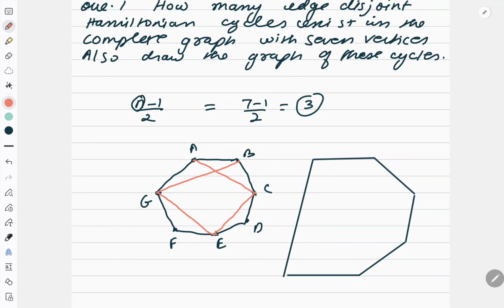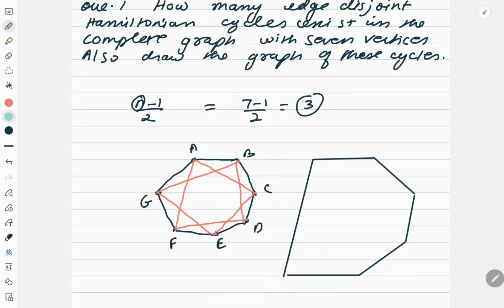Okay, now see, I have started from A to C, one vertex I have to leave. A to C, leave D, go to E. Leave F, go to G. Then after G, leave A, go to B. Now leave C and come to D. Leave E, go to F. Leave G, go to A. I got a cycle. Second cycle got.